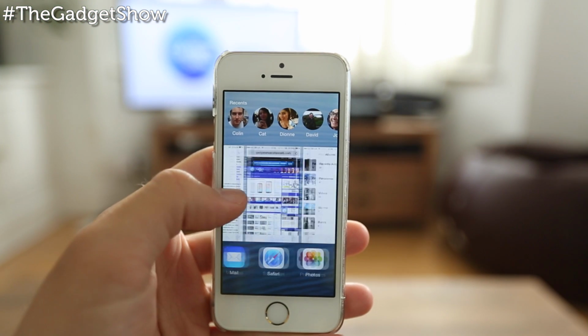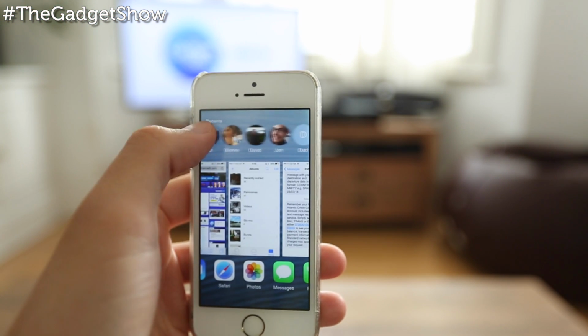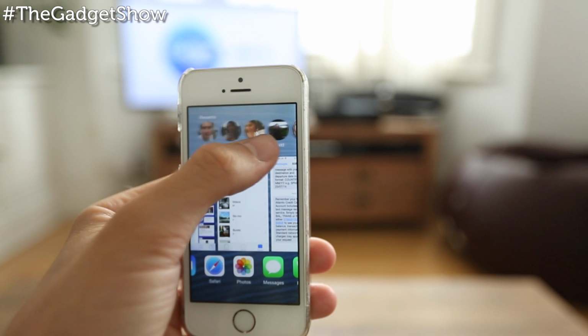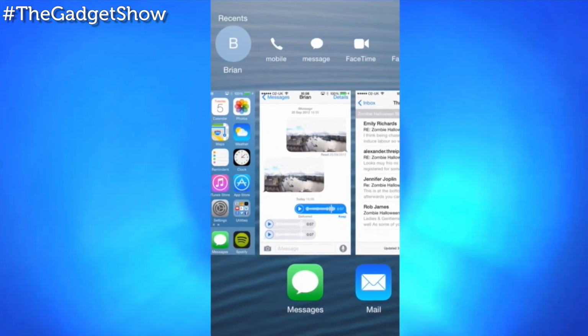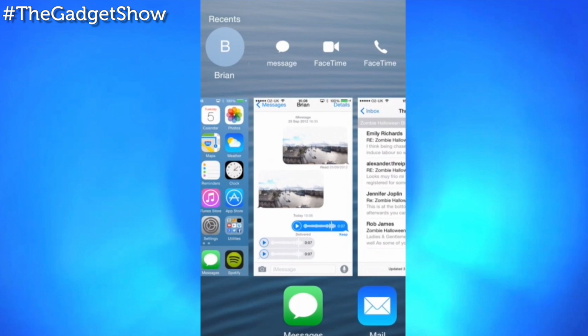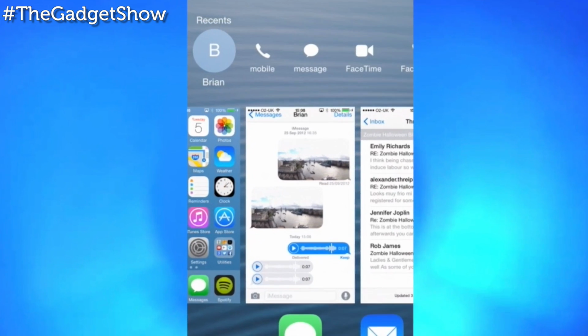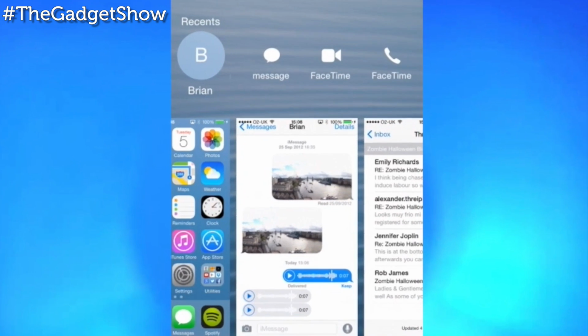And finding contacts is also much simpler. All you have to do now is double tap the home button, which will bring up the most recently accessed contacts as well as the most recently opened apps. And within that view, you'll be able to tap on the contacts and text, mail or FaceTime them, all without